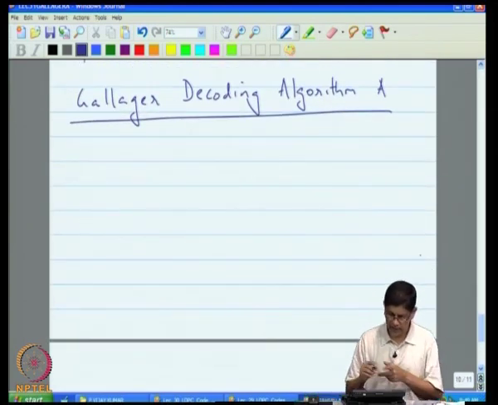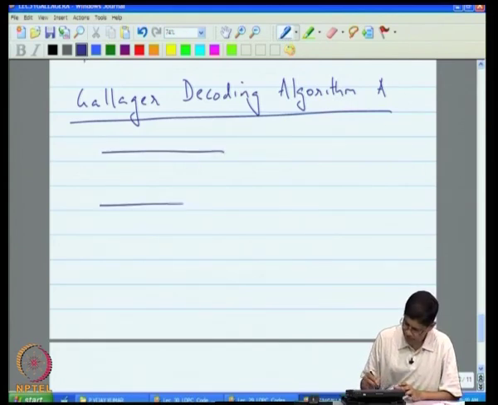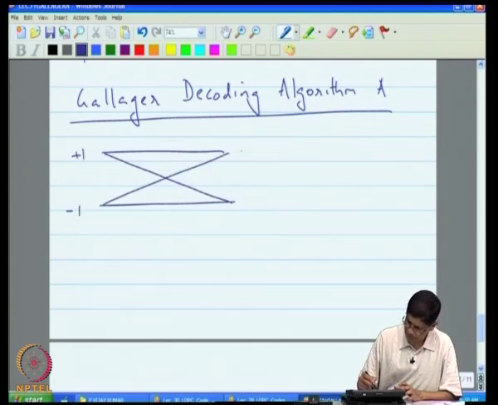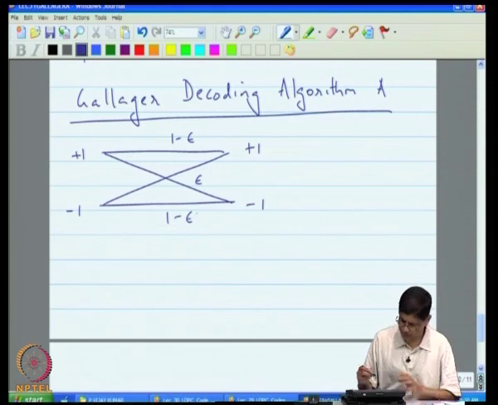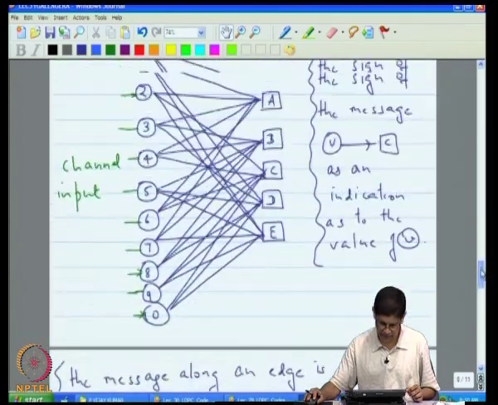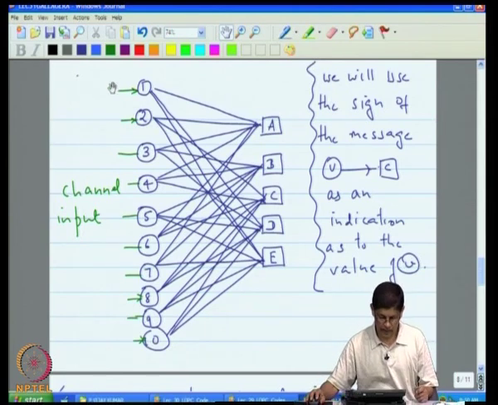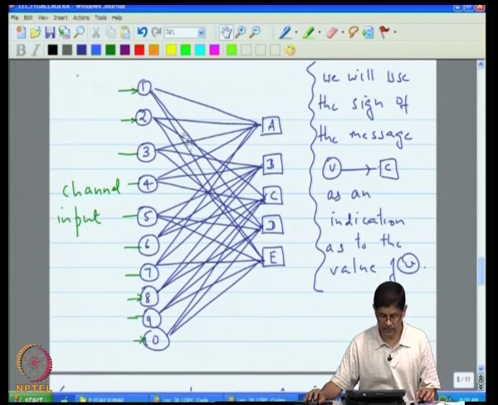In Gallager's decoding algorithm, what he was considering was the binary symmetric channel, where the input was either +1 or -1, and he specified certain specific variable and check node maps. He specified that at a variable node, the rule is that initially whatever the incoming message is, that message is actually passed out,